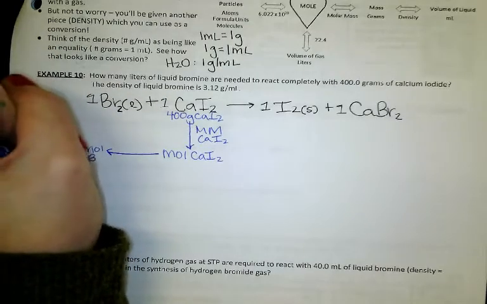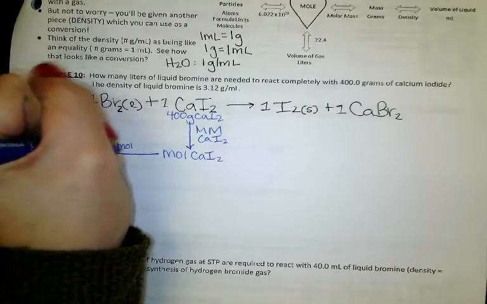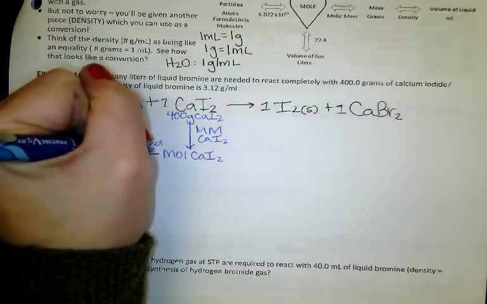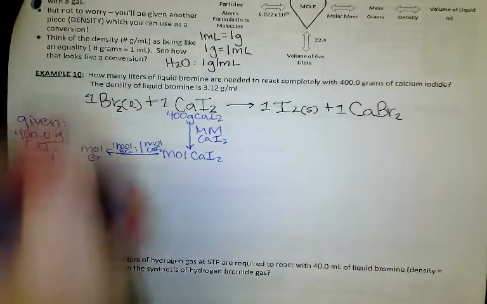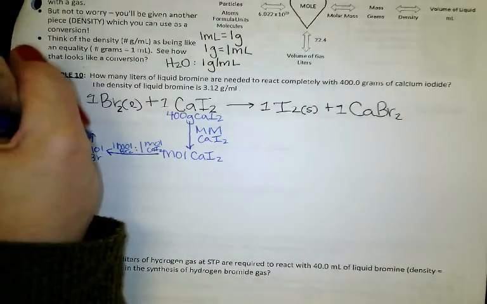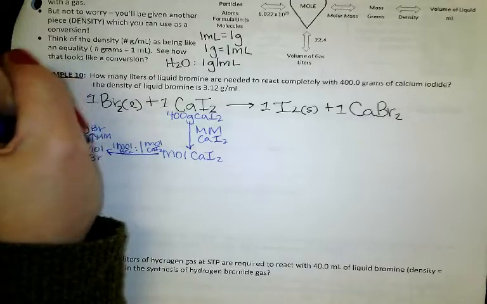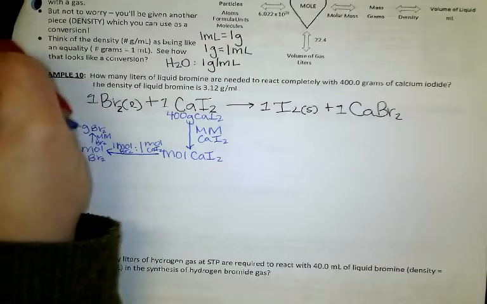It's a 1-to-1. 1 mole of bromine to 1 mole of calcium iodide. Okay. And then we're going to convert moles of bromine to grams of bromine using the molar mass. And now this is Br2. Then we're going to convert grams of bromine to